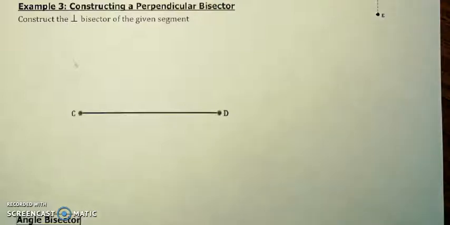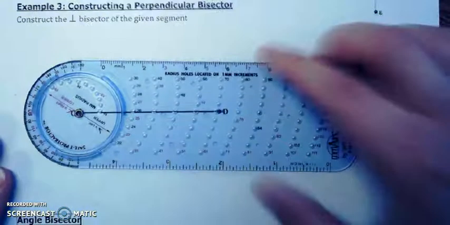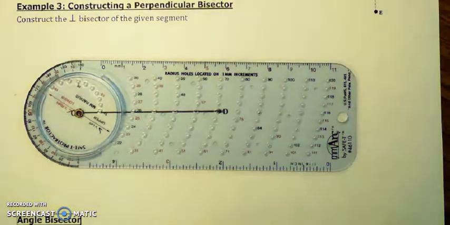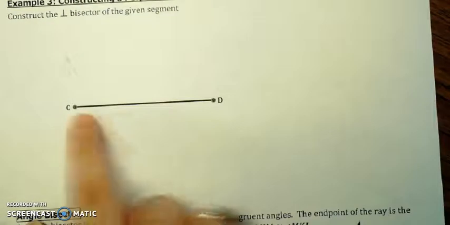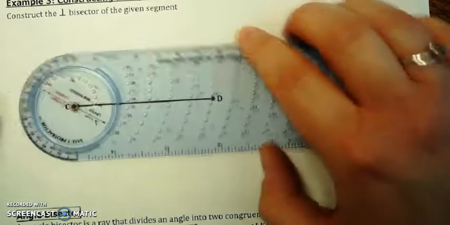All right, we're going to construct the perpendicular bisector of this segment from C to D. So the first thing you want to do is put your little gold piece on one of the end points. I'm going to go ahead and put mine on point C. And we're going to make an arc, and you need to come at least halfway across the segment or farther, but at least halfway across the segment, and I'll explain why as soon as I